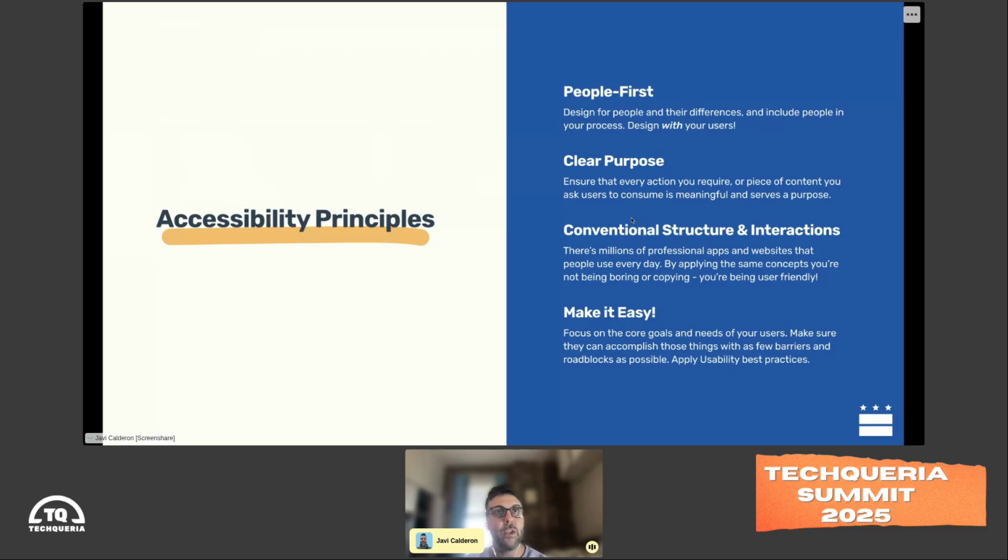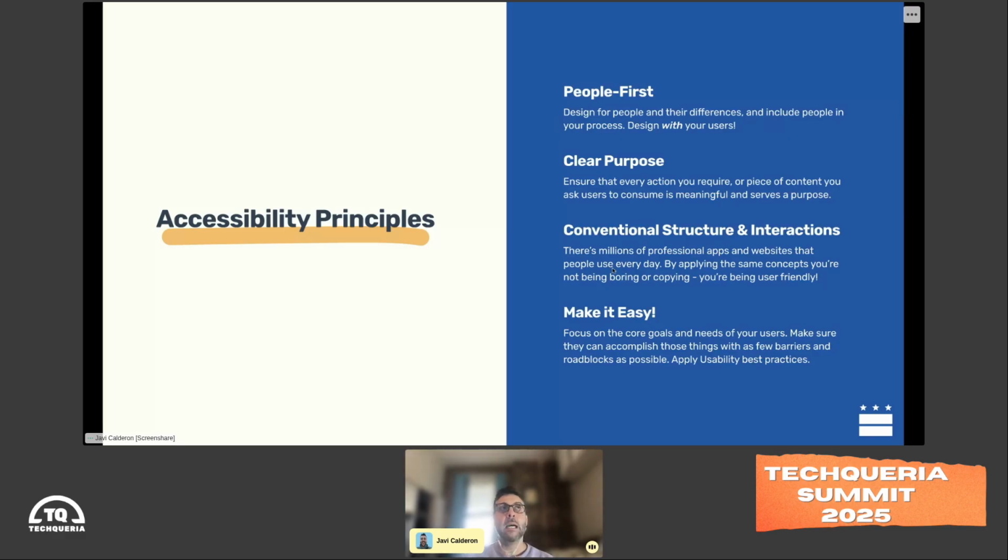A couple other best practices here to be really careful about are, and especially in the tech scene, this happens a lot, that we decide, oh, we need this new feature, or we need this new thing, or we need all these little tiny things because they're cool, right? We want to make sure that we have a clear purpose of why people are coming to us. What is the goal or the need that they have? Why are they visiting us? And that we are making that as easy and as roadblock free as possible for them to accomplish their goals, right? Especially if they're using some sort of assistive technology. We want to make sure that we give them the clear roadways to accomplish those goals.